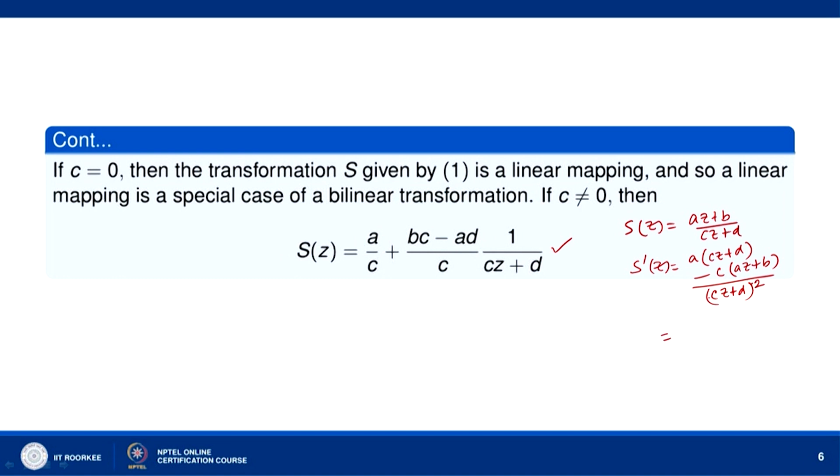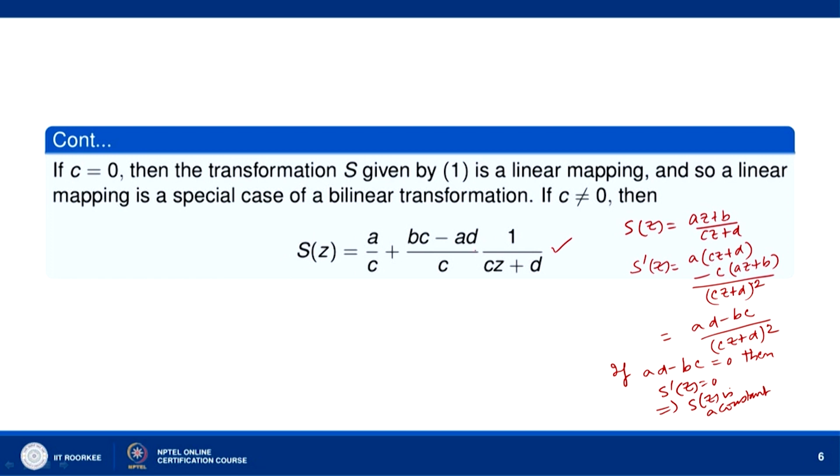Okay. So, this is equal to, ACz will cancel, we get (Ad − Bc) divided by (Cz + D) whole square. So, if Ad − Bc is equal to 0, then S'(z) is equal to 0 for all z, and so it means that S(z) is a constant. So, to avoid S(z) being a constant, we put the condition on A, B, C, D that Ad − Bc is non-zero. So, if your C is not 0, we can put S(z) in this form.